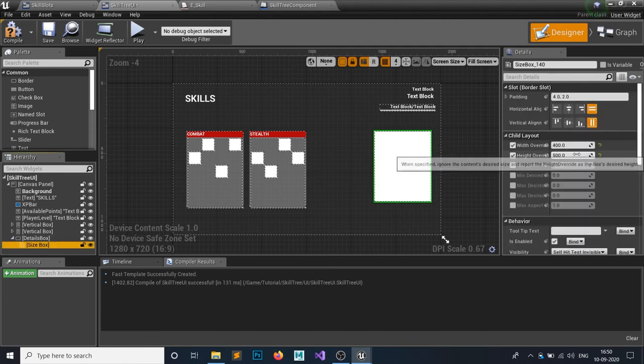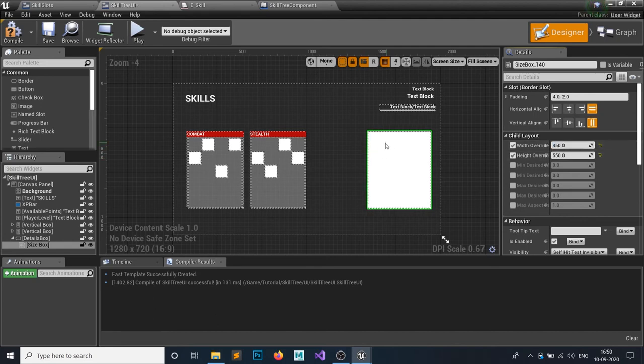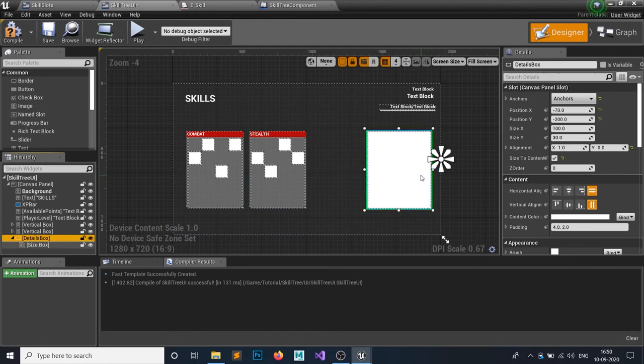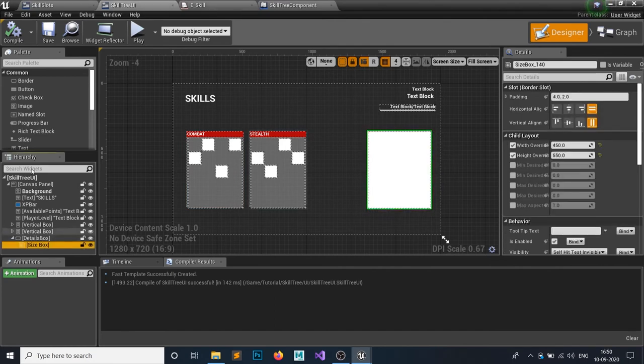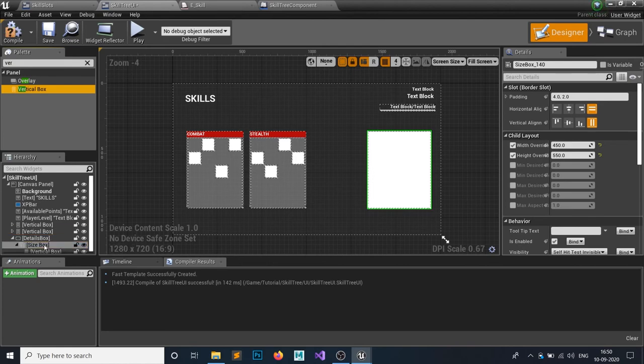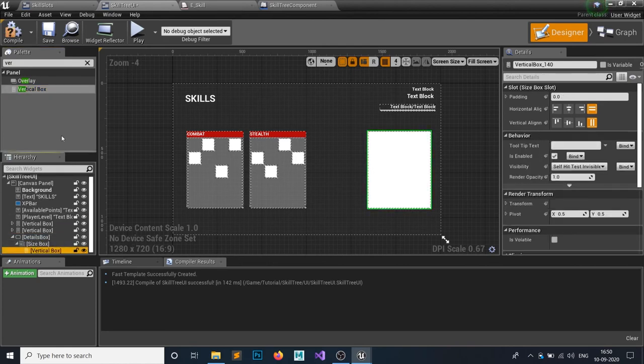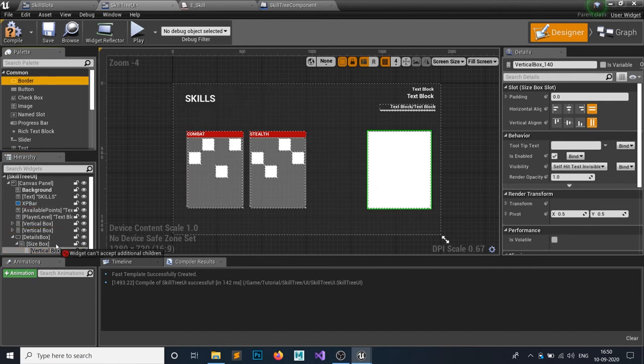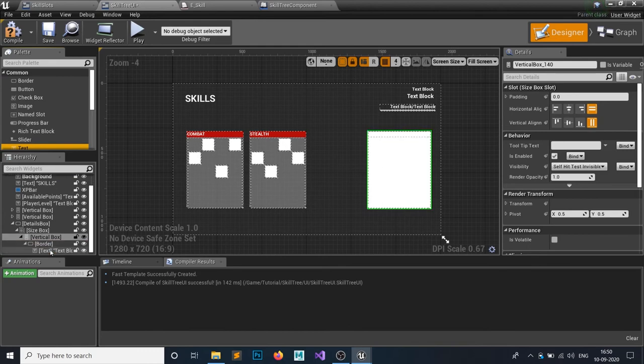Okay, let's make this child width override, height override to 550, and this would be 450. I'm satisfied with these results. Yeah, we have done these things. Hit compile and save, and inside this size box add a vertical box. So what the size box does is it doesn't let your widget exceed the certain limits of your size box. In your vertical box add a border, and inside that border add a text, and we're gonna say